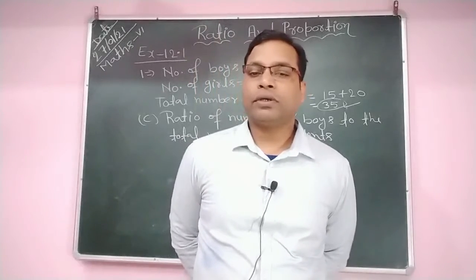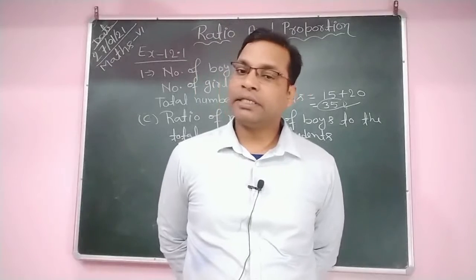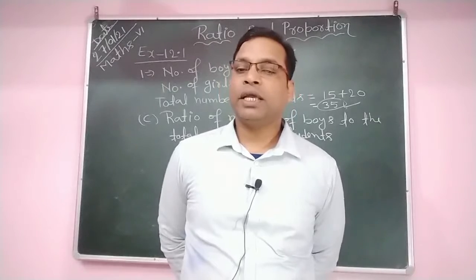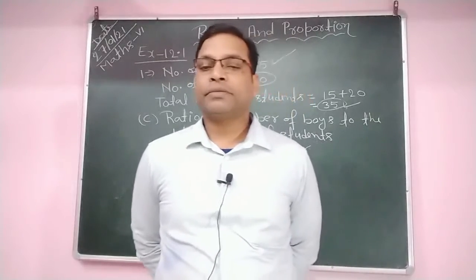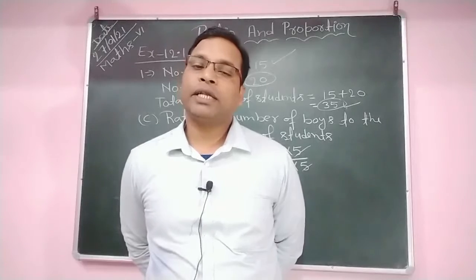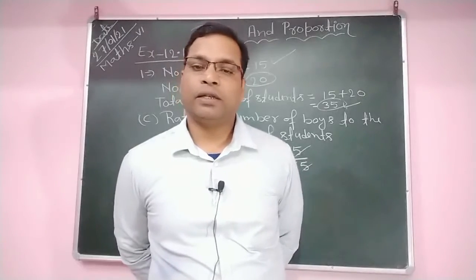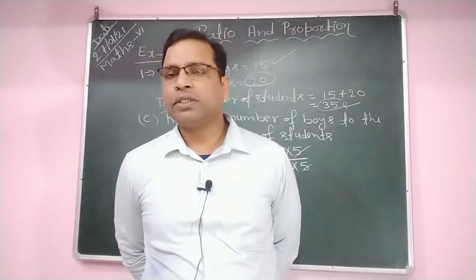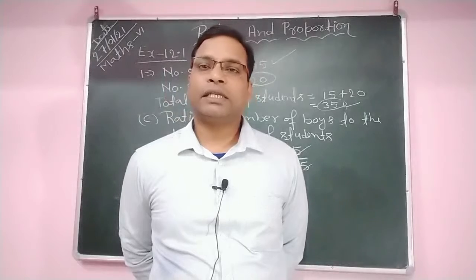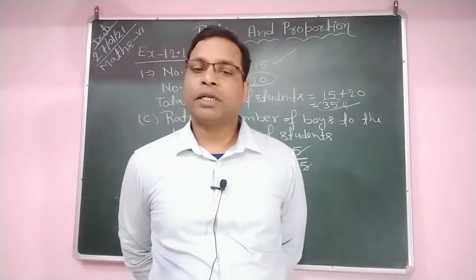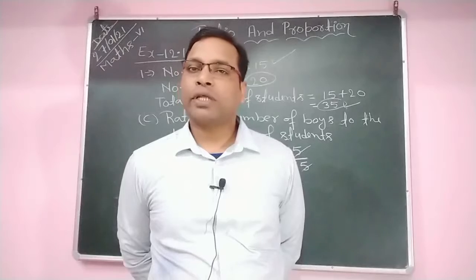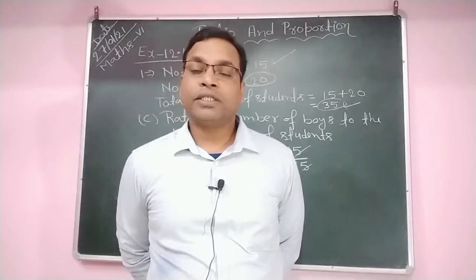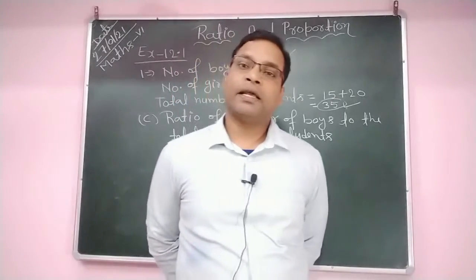Okay, so total number of students is 30. This is given here. Now the number of students who like football, this is also given here, 6, and number of students who like cricket, this is also given here, 12. So first we need to find the number of students who like tennis. How do you find it? Because in this question the total number of students in a class is given as 30, and the number of students who like football and the number who like cricket are also given here. If you add them and subtract from the total number of students in the class, then we get the number of students who like tennis. This is clear now.